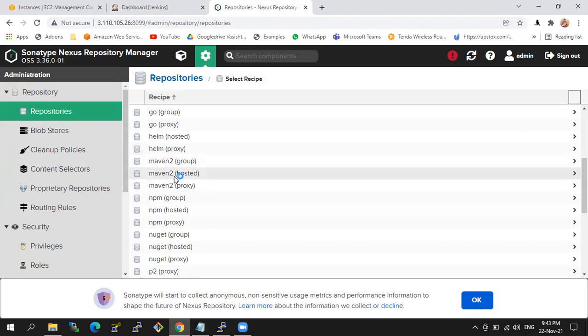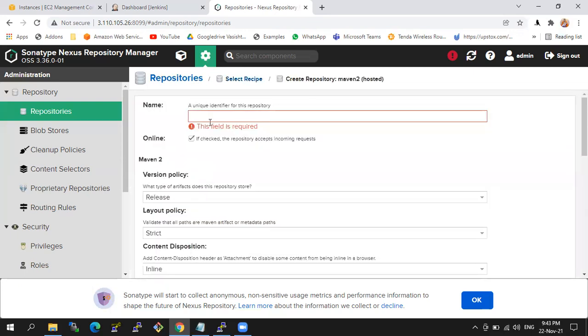So hosted means you can work with the host machine. That means the current machine. Proxy means you can work with the proxy machine. Group means it's a combination of two. Whenever you are choosing the option hosted, this is the default one because currently we are working with